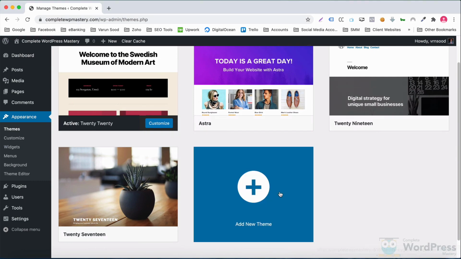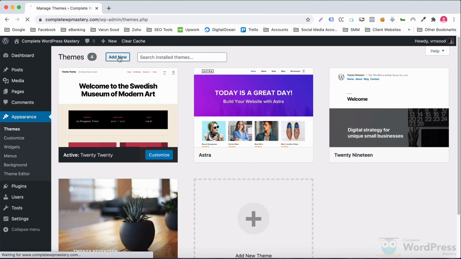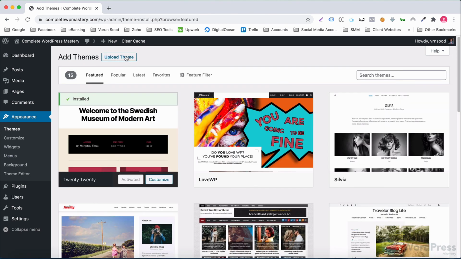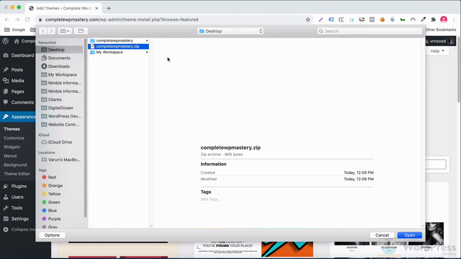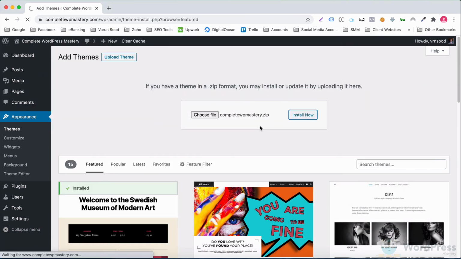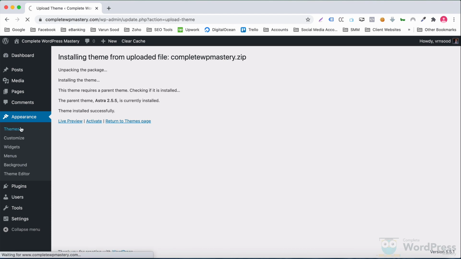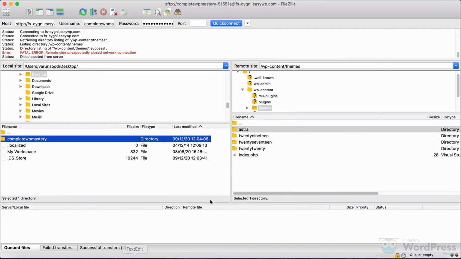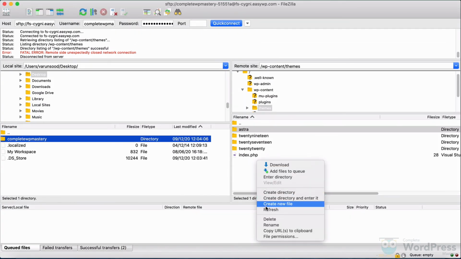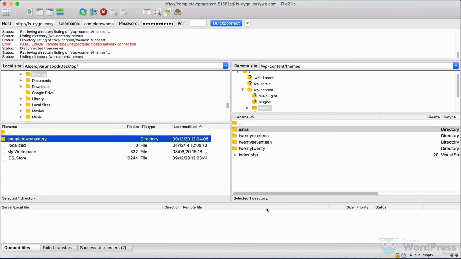You can now come back to the themes page and click Add New. Choose to upload a theme and then browse the zip file. Then hit Install Now. If you refresh the remote side of FileZilla now, you'll notice the child theme is back.